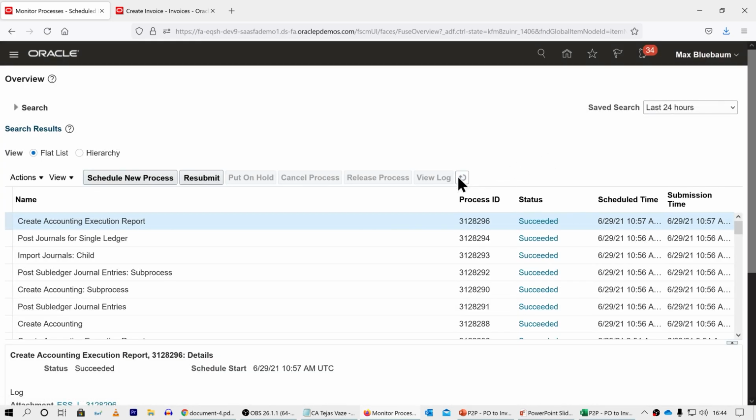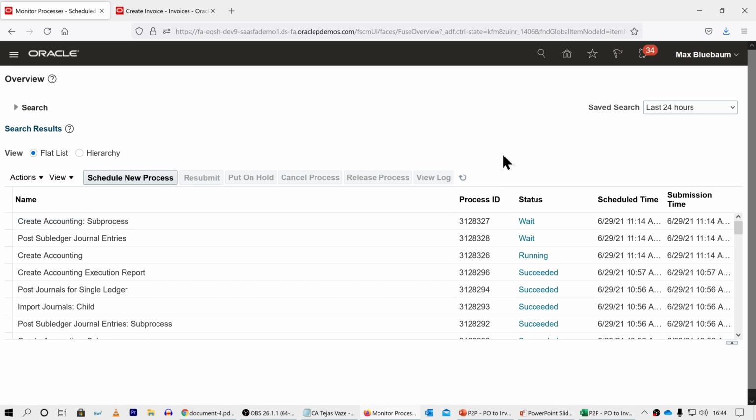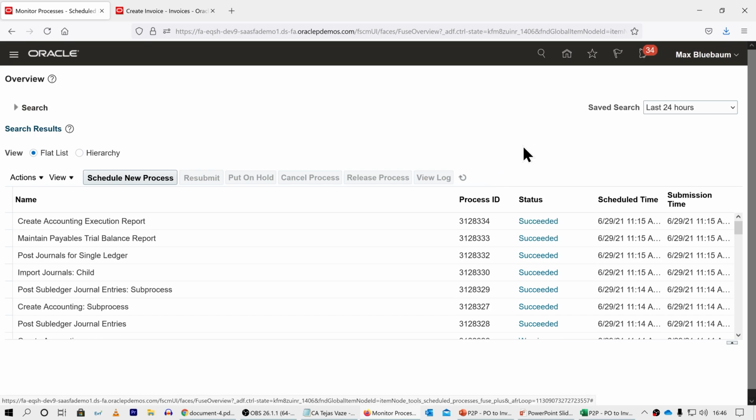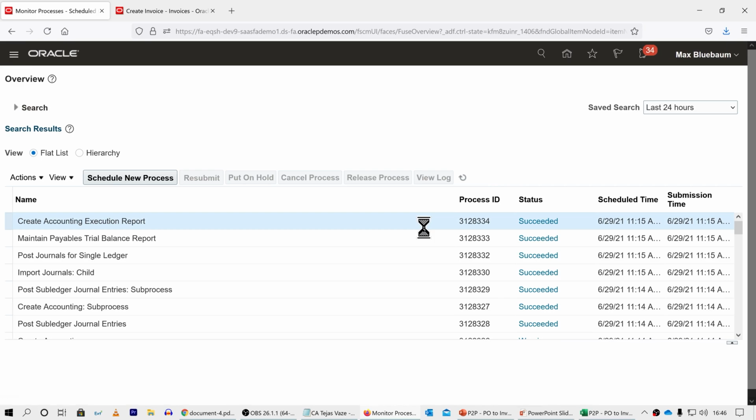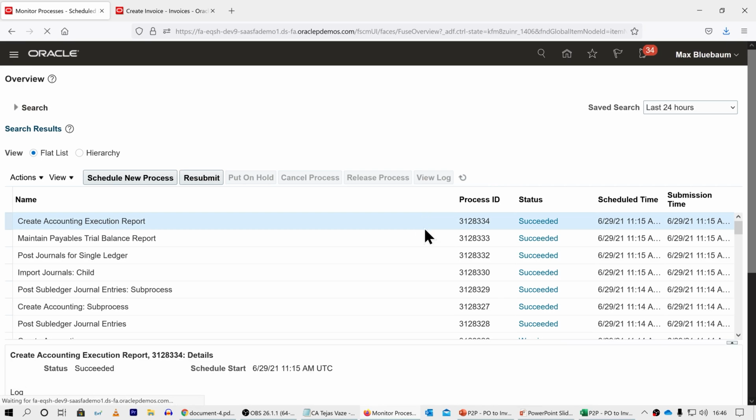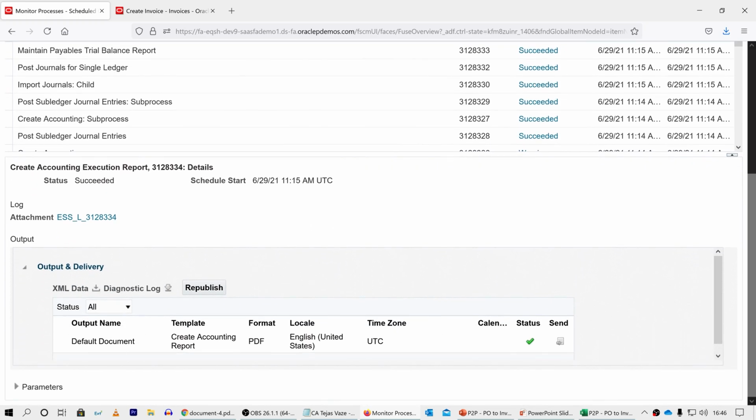Refresh the form. Keep refreshing the form until all the processes have succeeded. See that all the processes have now succeeded. Select the Create Accounting Execution report and scroll down to view the output.